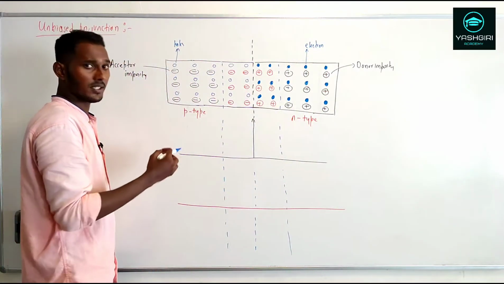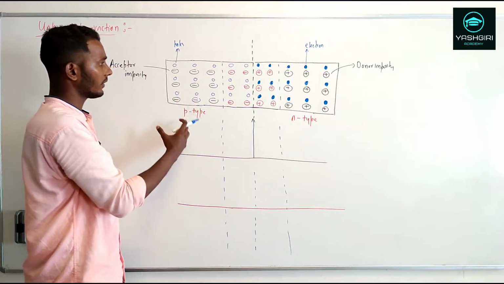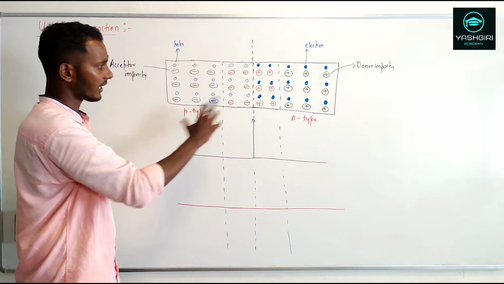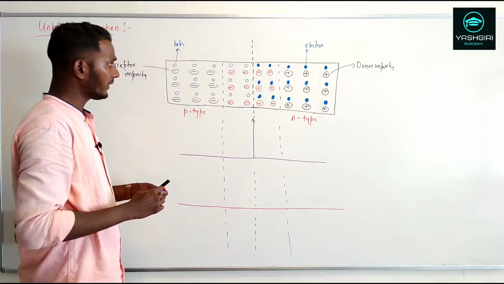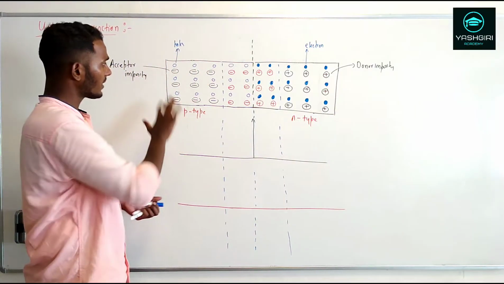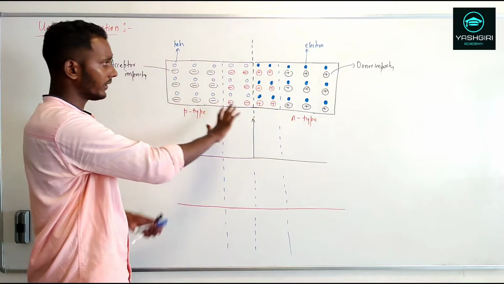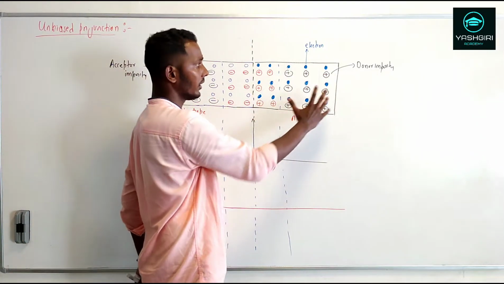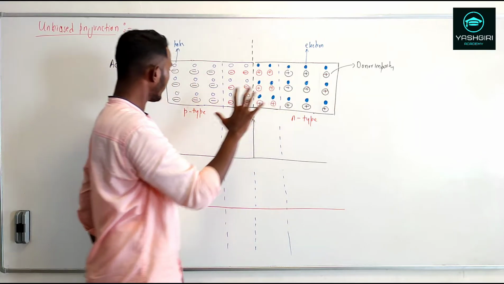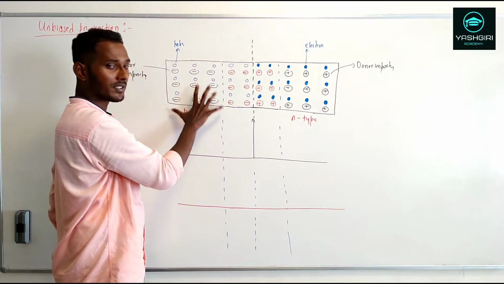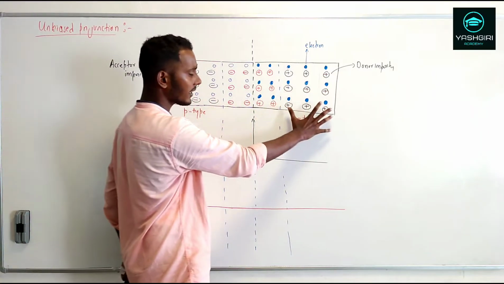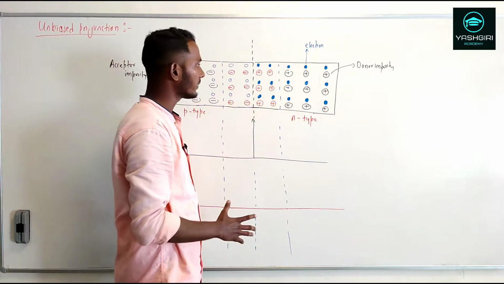Now, as you increase the number of dopants, the concentration level of this p-type will increase, and the same is applicable for the n-type. Now here a point will come. From one side we are doping the acceptor impurity, from the other side we are doping the donor impurity. So what we are trying to form is that on one side of this crystal we will get a p-type semiconductor, whereas on the other side we will have an n-type semiconductor.